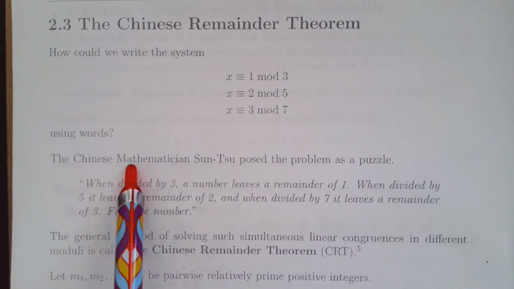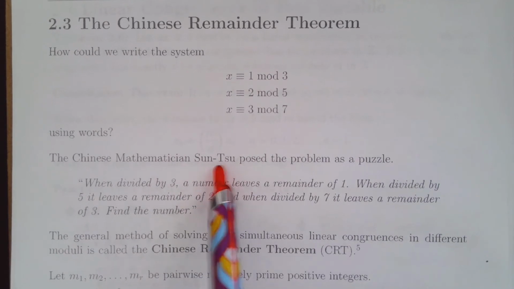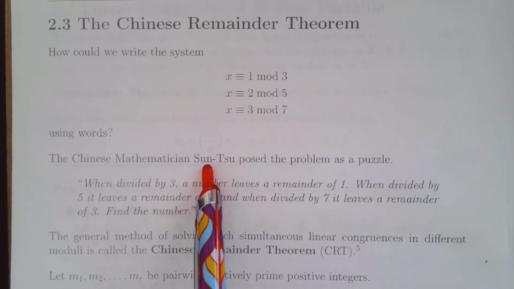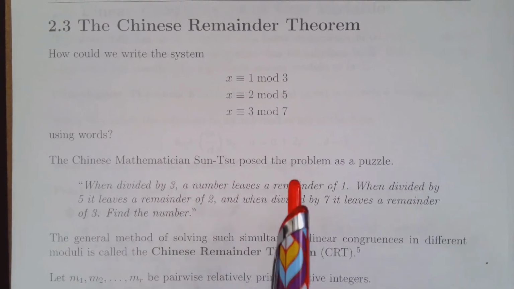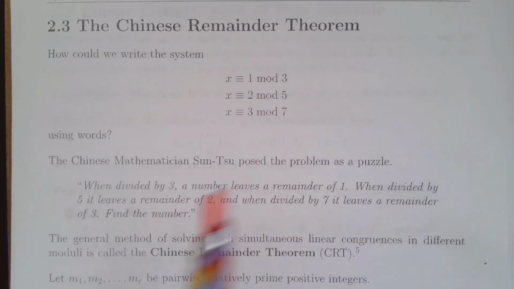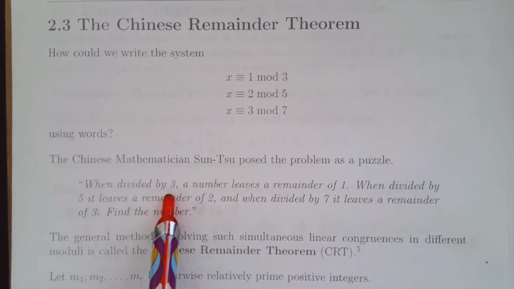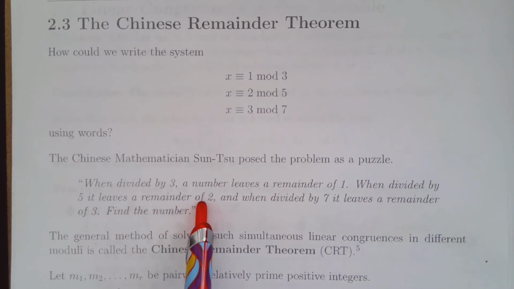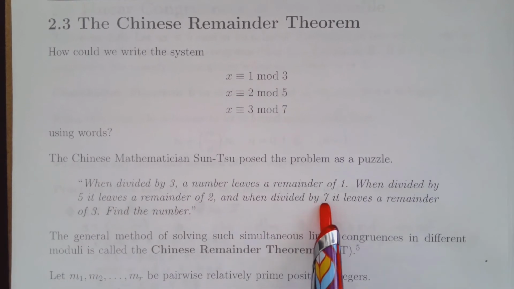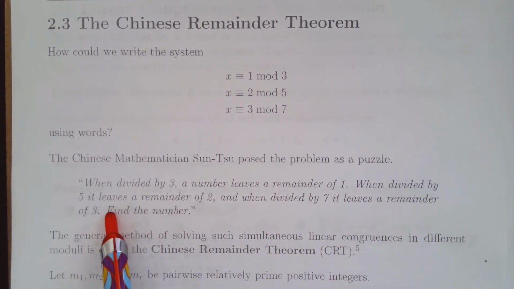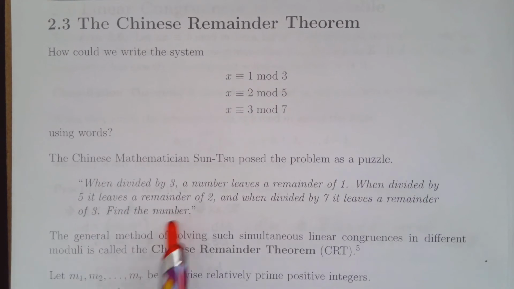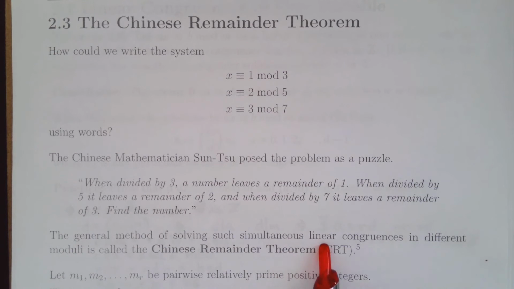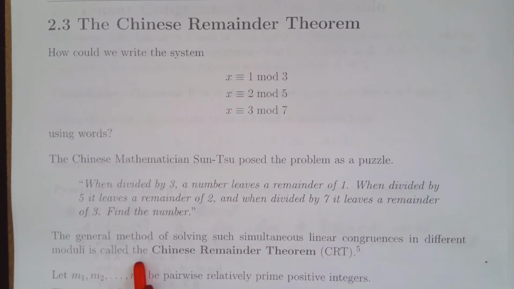Well, the Chinese mathematician Sun Tzu, and this spelling will vary depending on your translation, or Master Tzu, posed the problem as a puzzle. When divided by 3, a number leaves a remainder of 1. When divided by 5, it leaves a remainder of 2. And when divided by 7, it leaves a remainder of 3. Find the number. This general method of solving such simultaneous linear congruences in different moduli is called the